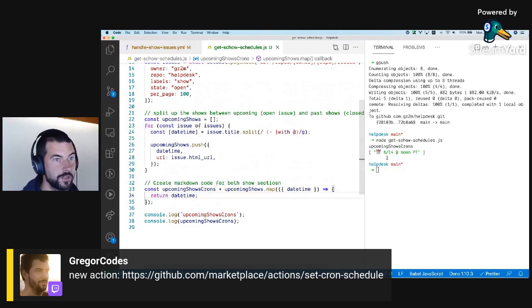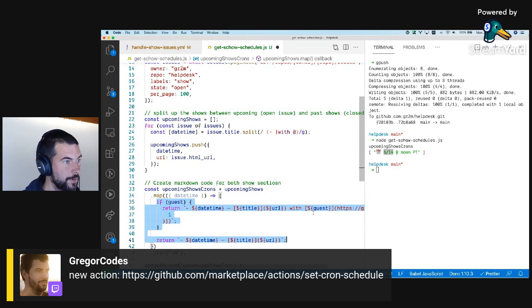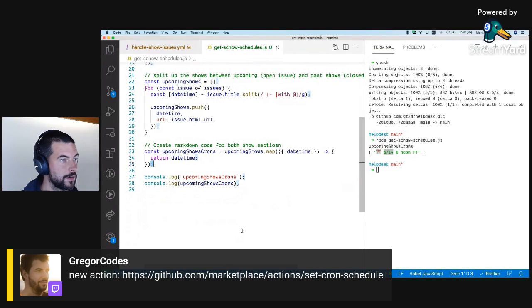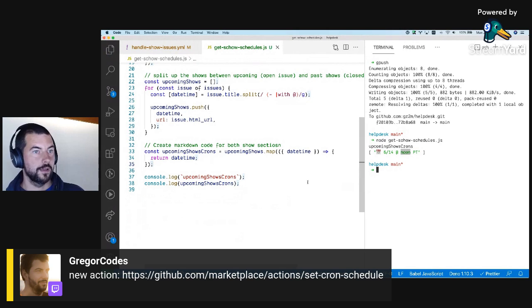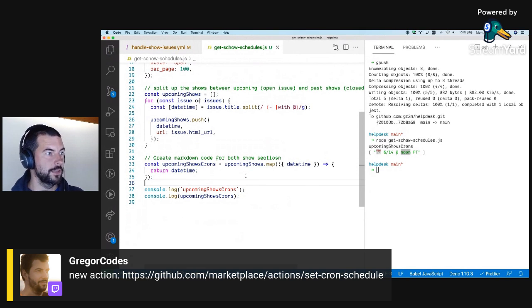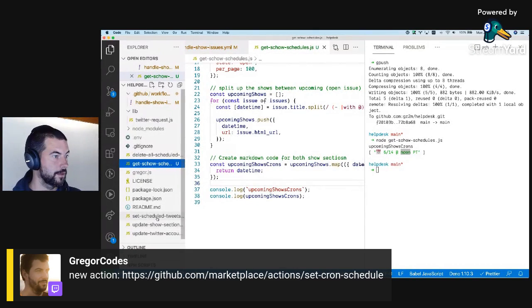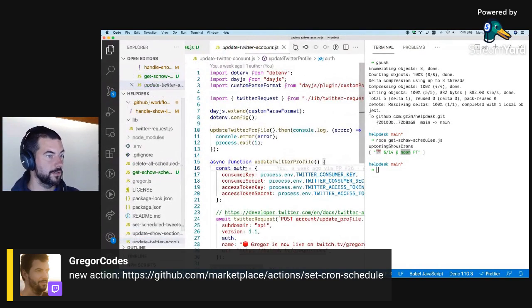Or not so much. So basically, what we get is the first part of the issue, which includes the date time. But I think I was a little bit more sophisticated about parsing it in my Twitter action.